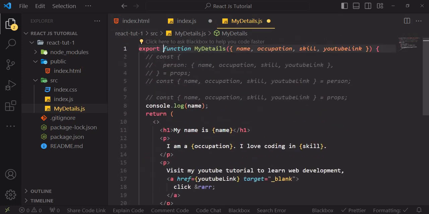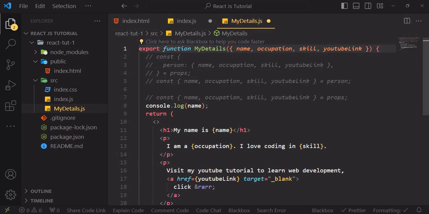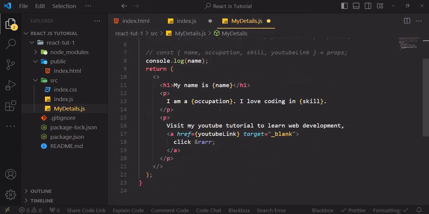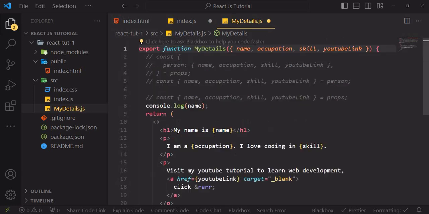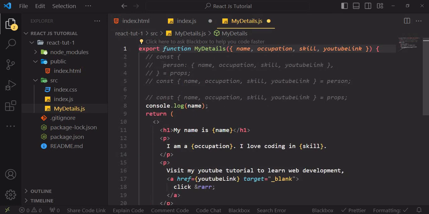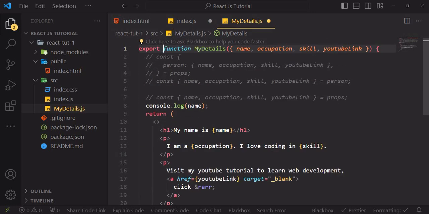So it simply means that this is a named export. We are trying to export only my details component from this file. Even though we have multiple components in this file, when we pass in the export keyword to this one, it's only going to export my details component. Every other one will not be exported except you put the export keyword on it too. So now, because this is a named export,